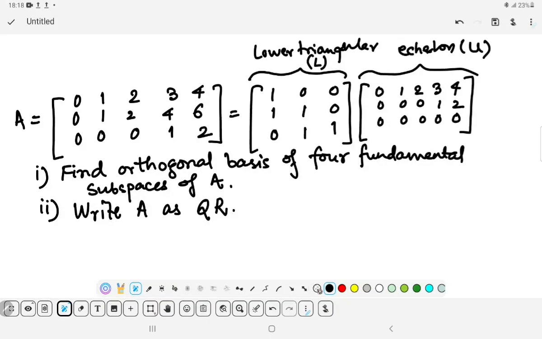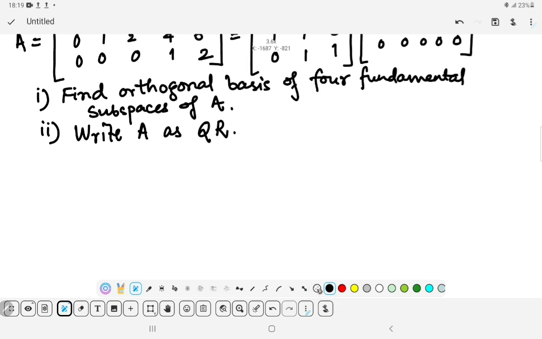So we are given the ALU decomposition of A, and here we are asked to find the orthogonal basis of the four fundamental subspaces and also write the keyword decomposition. So just to recall, the four fundamental subspaces are: one is the column space,